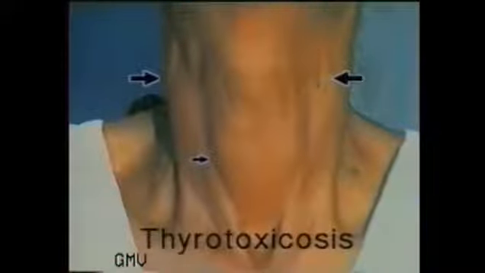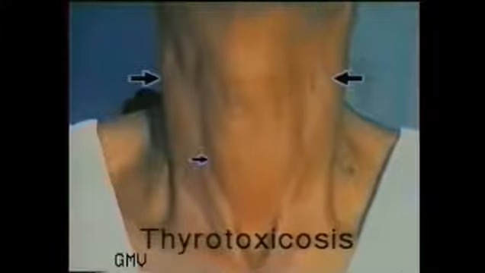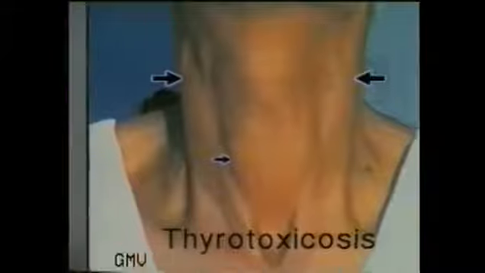Then watch the swelling for a few seconds quietly for pulsatility. Now ask the patient to swallow and look for an upward movement of the swelling. A thyroid swelling characteristically moves up during deglutition, as it is enclosed in the pretracheal fascia, which is fixed to the thyroid cartilage. So when the superior constrictors of larynx pull the thyroid cartilage up during deglutition, the thyroid also moves up and down.